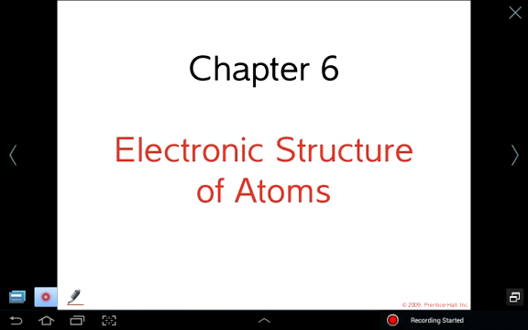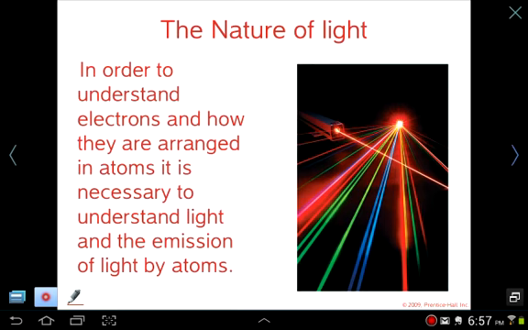Okay, we'll begin Chapter 6, and the title of Chapter 6 is the Electronic Structure of Atoms. By electronic, we mean how electrons are arranged around atoms. Now, before we can talk about how electrons are arranged, we will have to talk about light. And in fact, the scientists' understanding of electronic arrangement came from first a good understanding of the nature of light